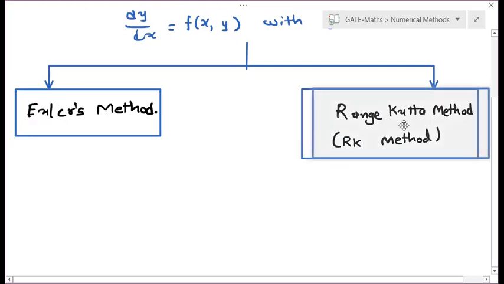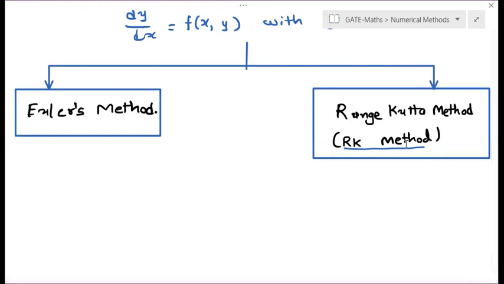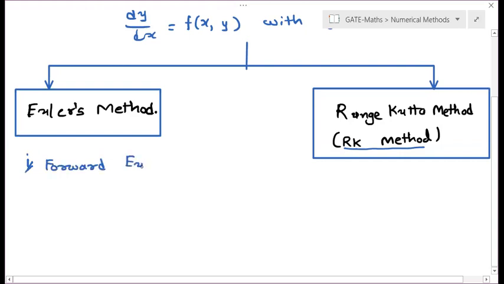Now see, for the Euler method, your first method is the forward Euler method. If they are telling you in the question that it is Euler method only, by default take this as the forward Euler method. And if they are specifying backward Euler, you can take it as backward Euler. Most of the chances are for forward Euler, that is Euler only. So your first method is the forward Euler method. This is your default method. If nothing is specified in Euler method, you have to use this method only.